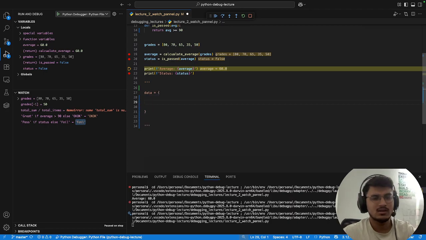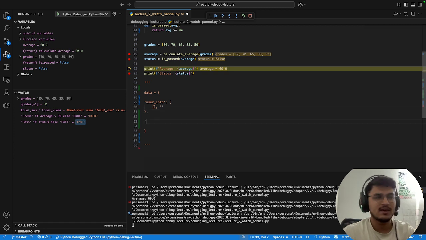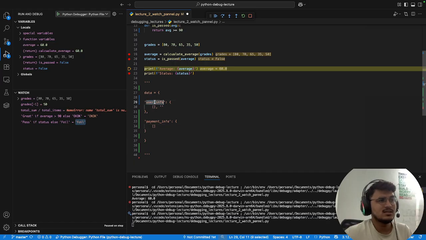There are multiple keys. One of the keys is, let's suppose, user info, and it is containing again a JSON object, or dictionary, whatever you can say. Inside this there are hundreds of fields. The fields itself contain an object, and it is containing list, string, primitive data types, whatnot. And then let's suppose we have some other things like payment info. Maybe in some video I can show you a real payload and how it looks. And let's suppose you just want to look at what actually we have in user